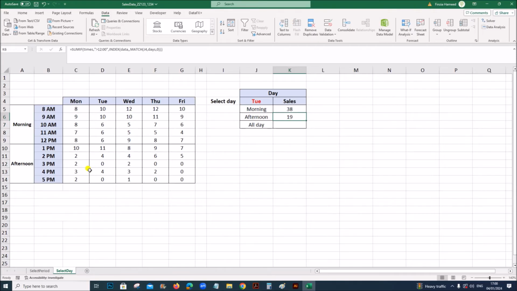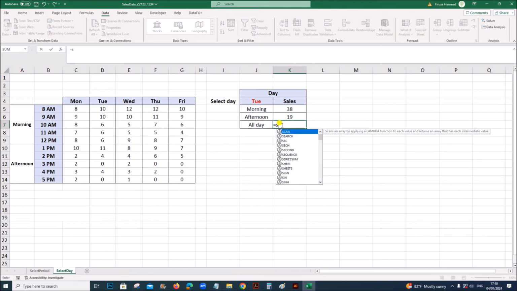So you can see on Tuesday afternoon, this is the value, 15 plus 4, 90. We are getting the correct value. Now to find the total sales for all day on each day, we don't have to check for any criteria for the time. We have to just add all the values of each day based on the value you are selecting here. So we just need to use a sum function, no need of SUMIF because there is no criteria to be checked. So equal to